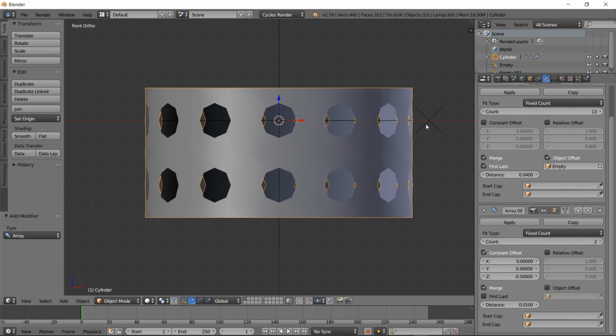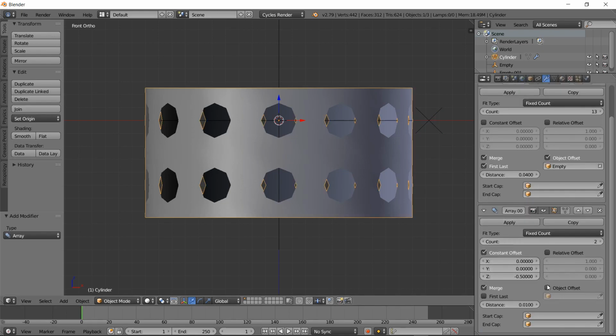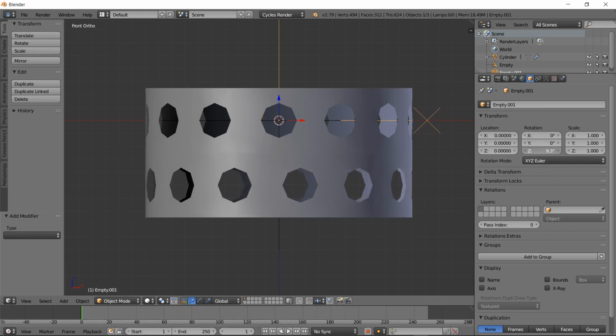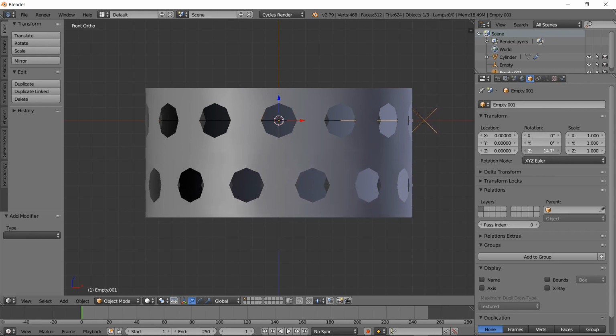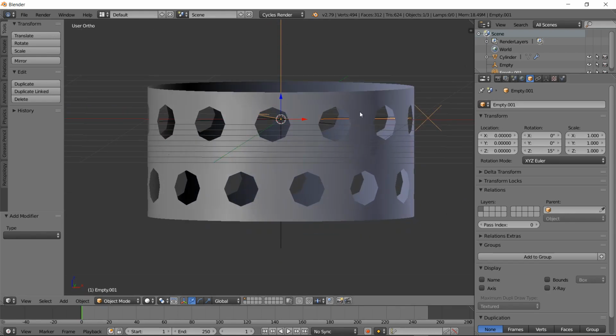And then we're going to take our second empty, which is right here, and we're going to, oops, wait, before we do that, we have to make sure that we've put it as the object offset. And then we can select it and turn this, let's say 15 degrees, looks good. And then we put on a